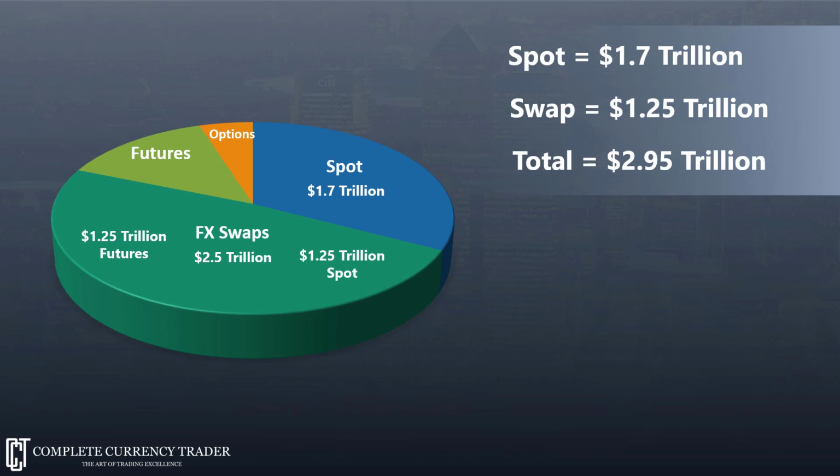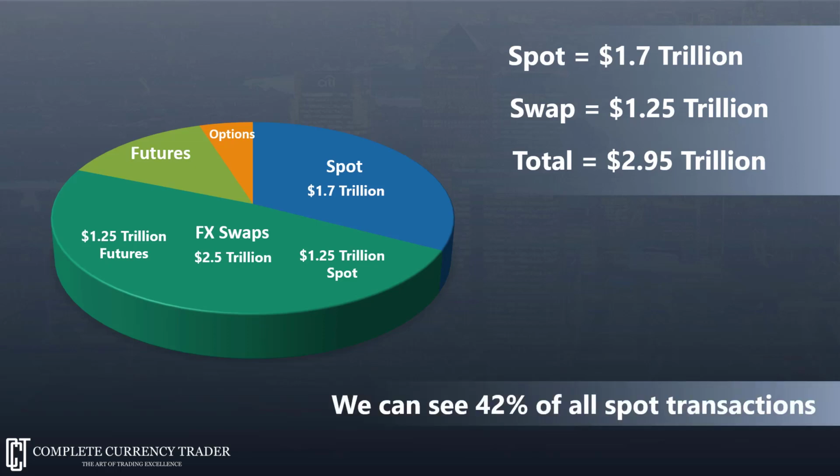And we can see 1.25 trillion of those, which is just over 42%. So we can see 42% of the total spot transactions that happen in the wider market. But it does actually get a little bit better than that, because we also look at the outright futures market